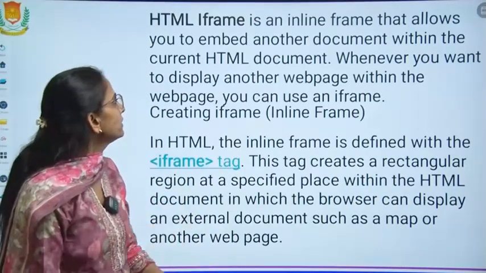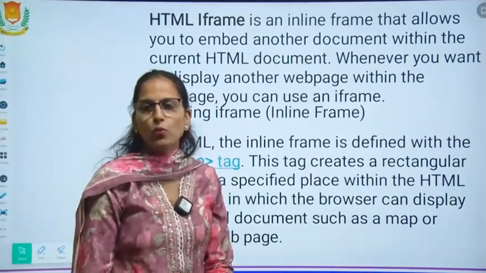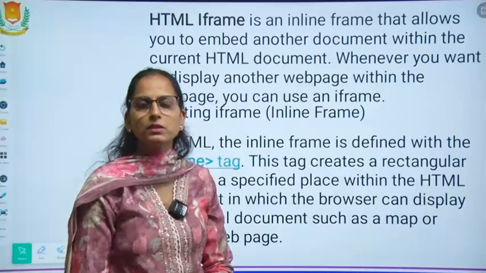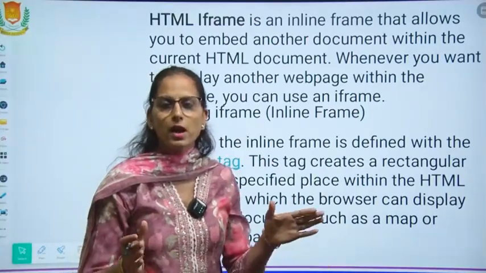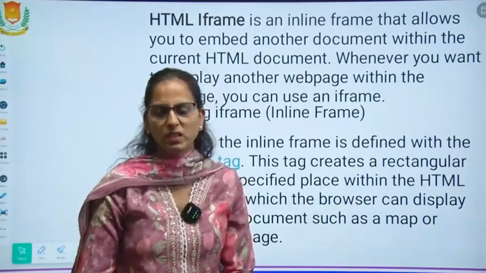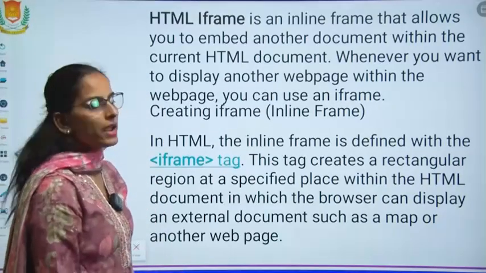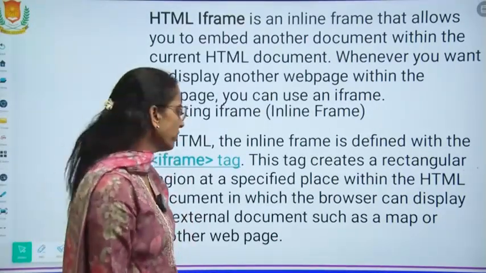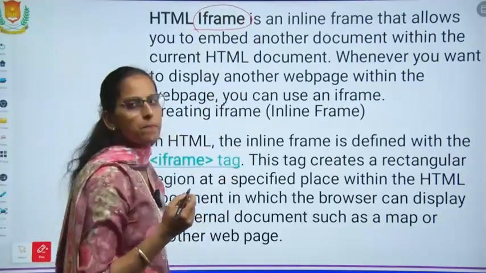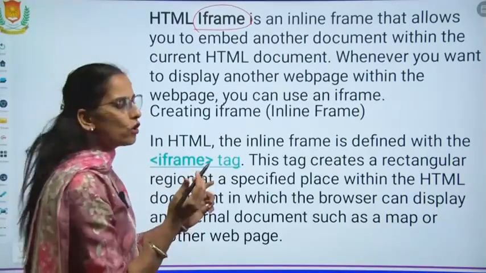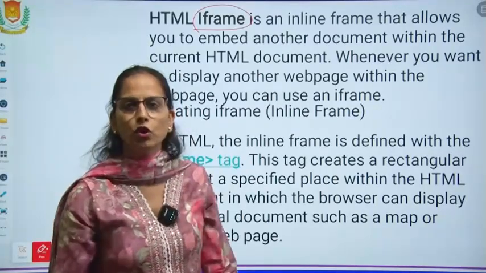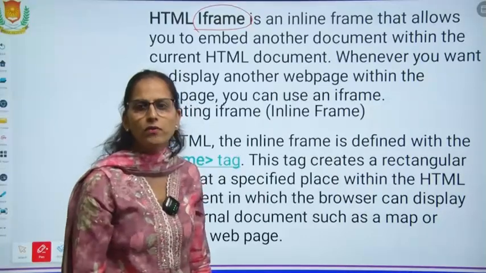Now we will start with another concept, iframe. What are iframes? Iframe is another way of creating frames. It is an independent section or panel where a specific document can be opened. Iframes are specific embedded documents. Like in your web page, a document can be opened. You can embed a web page within your web page. So this is the concept of iframe.